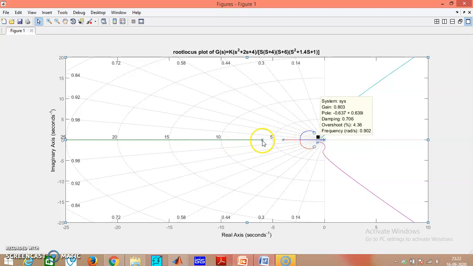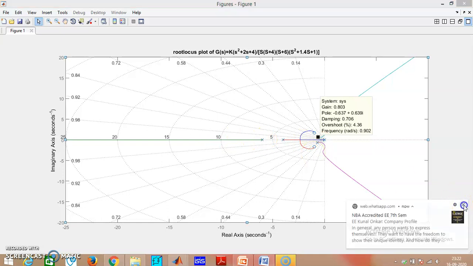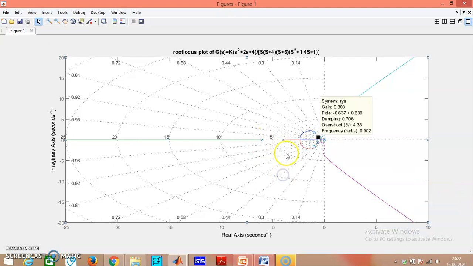If I want to know the information on this pole, I can just make a click on it, and just like we were doing it for time response, we can take the information. So at any point when you click, you will get the gain of that point, then the location of the pole, then how much is the damping at that point, what is the overshoot at that point, percentage overshoot, and what is the frequency at that point in radian per seconds. So this complete information you can get from the root locus. So for any root locus you can get this information.